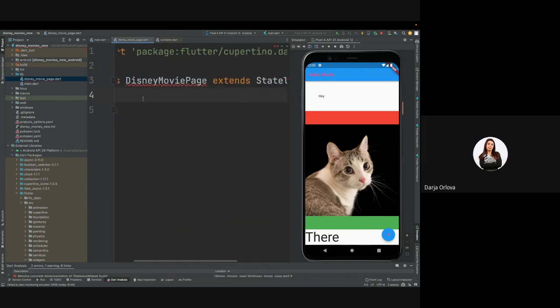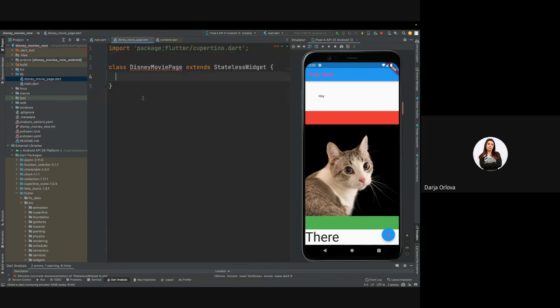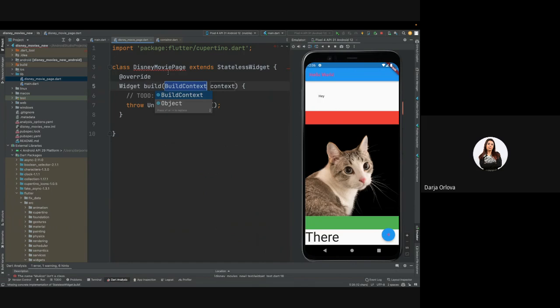Another life hack we can use if we are overriding, extending or implementing something is to put our cursor on the title of the class that we are writing. Again, option enter, and it shows me several options: create one missing override, make class Disney movie page abstract, or create no such method. What we want is the first option, create one missing override. And boom, by magic,